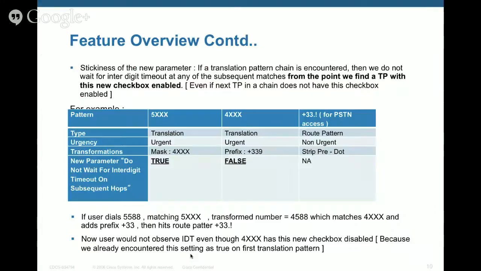So here we are going to talk about the stickiness of the new parameter. That means what will happen if you have this parameter checked in a couple of scenarios. I have a scenario here wherein the first pattern has 5xx as having urgent priority checked, which transforms to 43xx, and once again that new parameter is also checked,